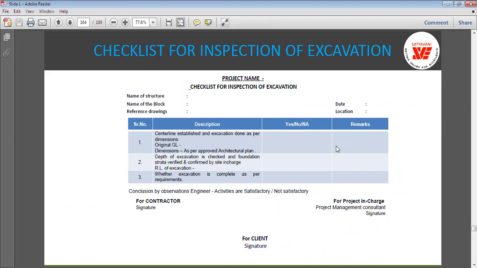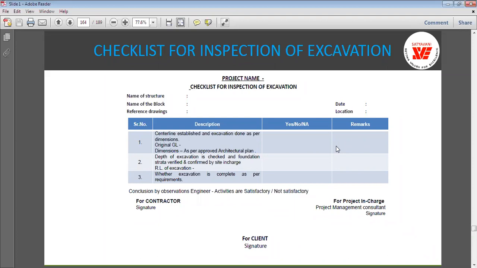Then the original ground level, whether these dimensions are approved as per the architectural plan or not. The next point you are going to focus on is the depth of excavation, whether it is checked and the foundation strata verified and confirmed by the site in charge, that is the RL of the excavation.